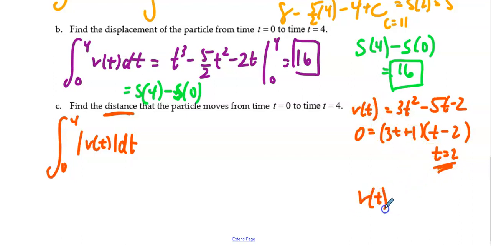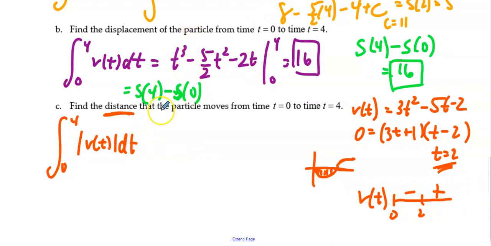So let's again figure out what's happening at time equals 2. I'm going to go ahead and bound this at 0. If I plug in, let's say 0 here, then I'm going to get a positive and I'm going to get a negative. So I'm negative here, and then I'm going to be positive here. What this is saying is that if I were to physically graph this v of t function, then from 0 to 2, it's going to be underneath the x-axis, and then from 2 to 4, or 2 to infinity now, it's going to be above. So if I want to rewrite this